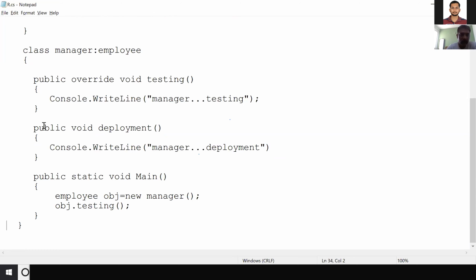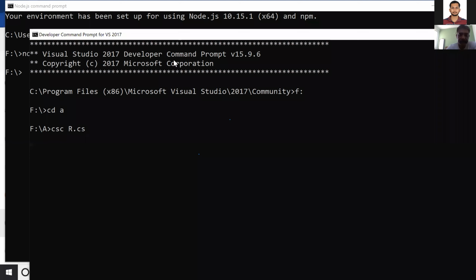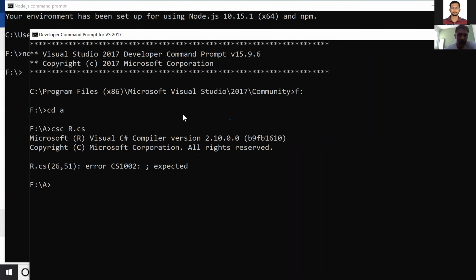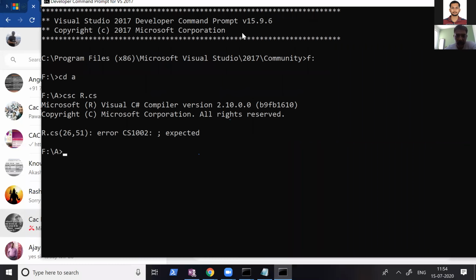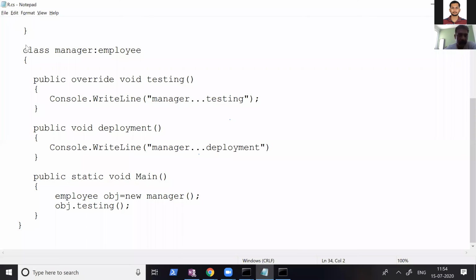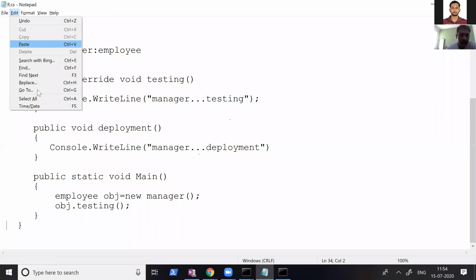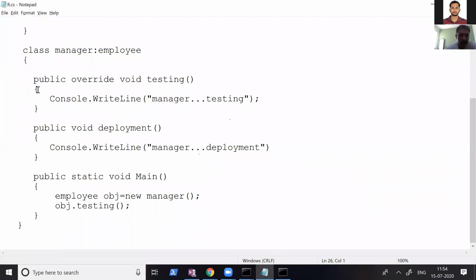Class close. Save. Come back. Compile. Line number 26 is giving an error. Good. Line number 26. So go to edit and find 26. Save, come back.